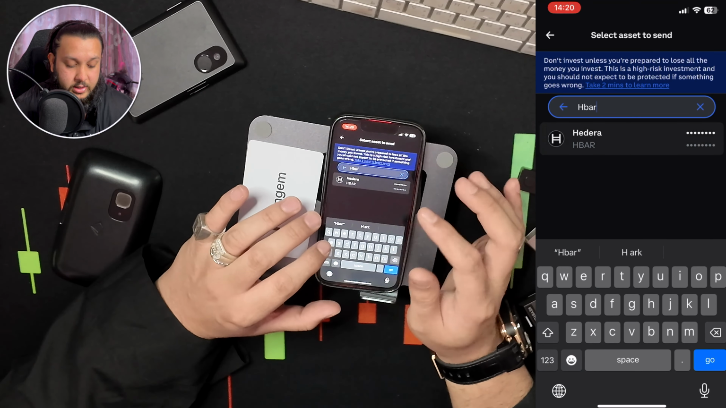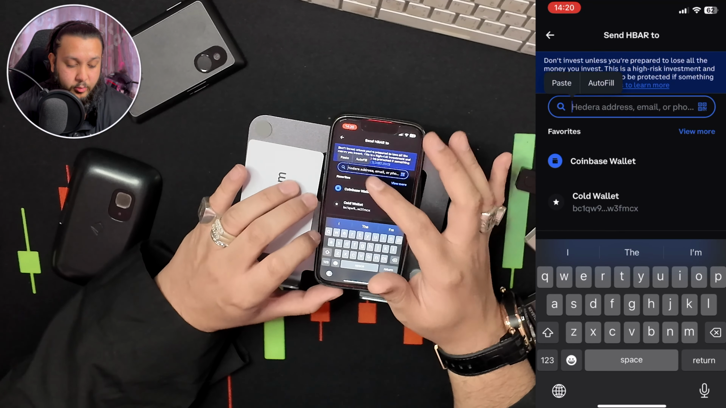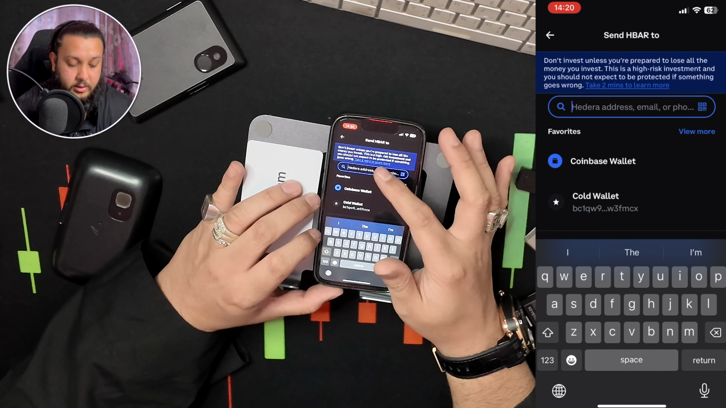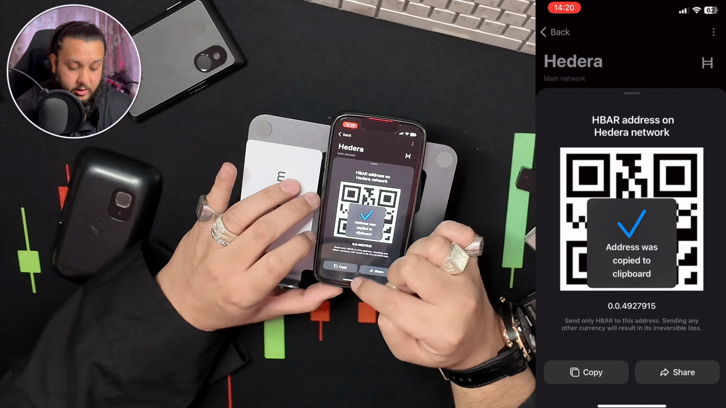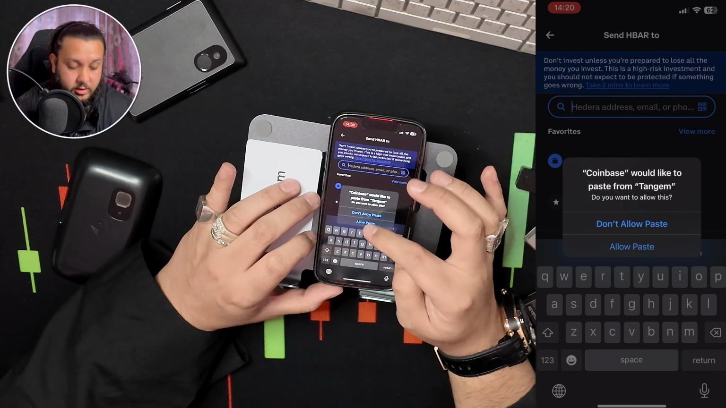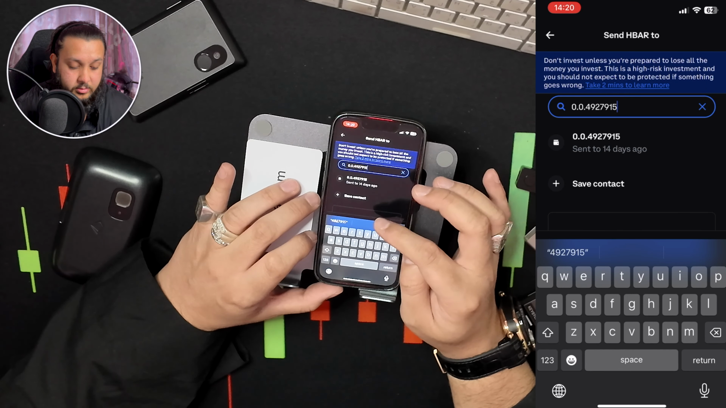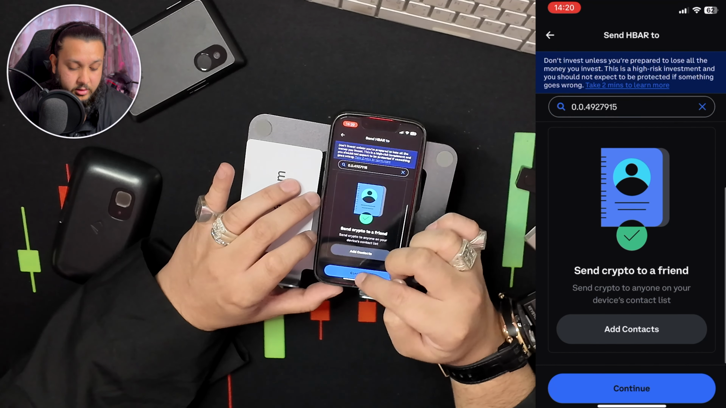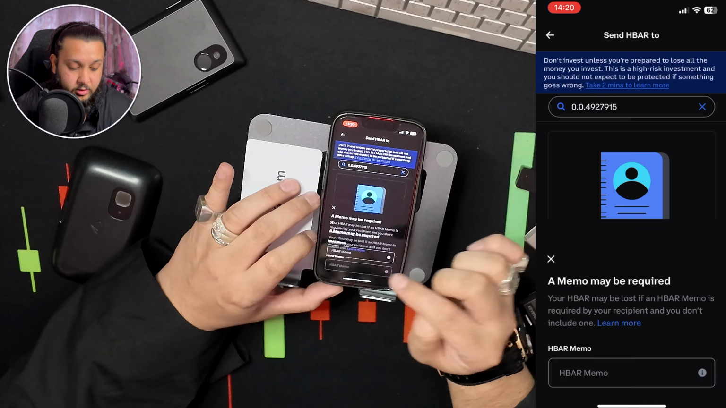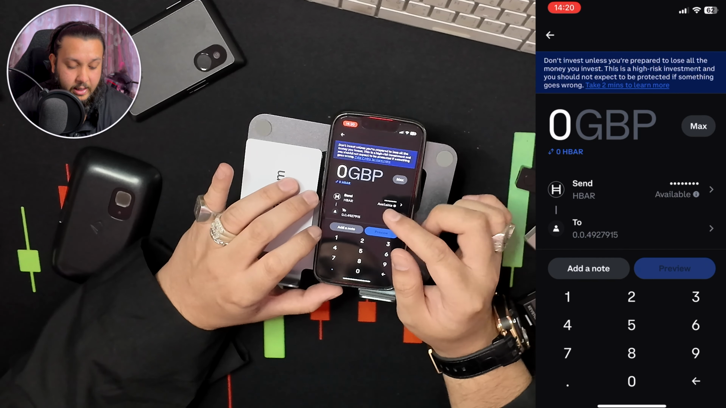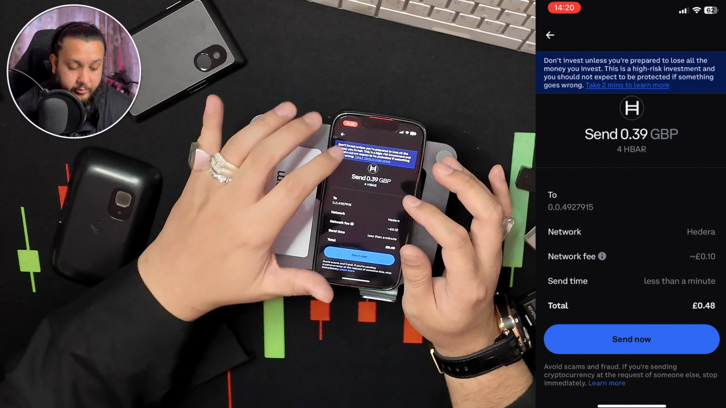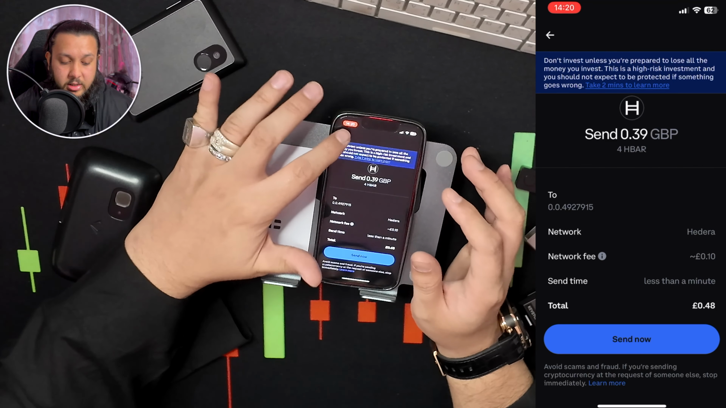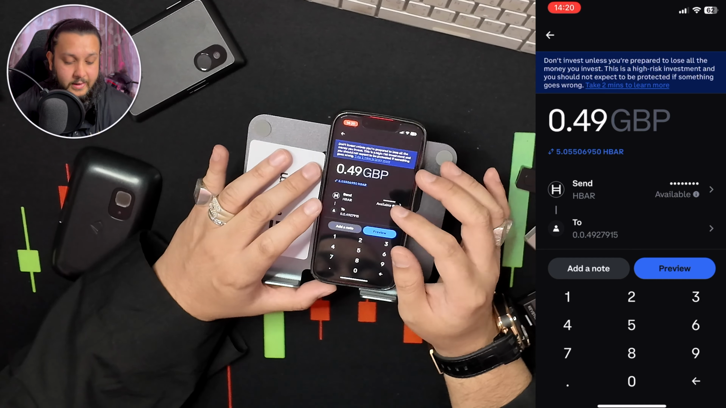Let's go do the step again, HBAR. We've already got the address on my clipboard, I would have thought, or not. Let's copy it again. There we go, copied. Allow paste, pasting it. Continue. We don't need a memo. And now it's saying how much HBAR we have. 5.05. Look, it keeps instantly going to the next page. It's not even letting me talk, lol. So basically,